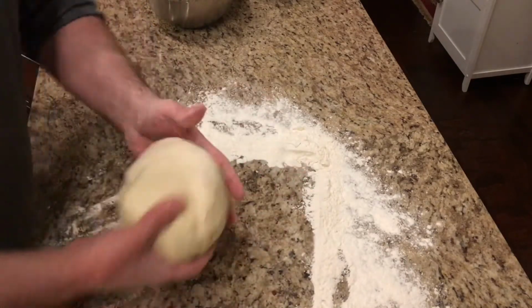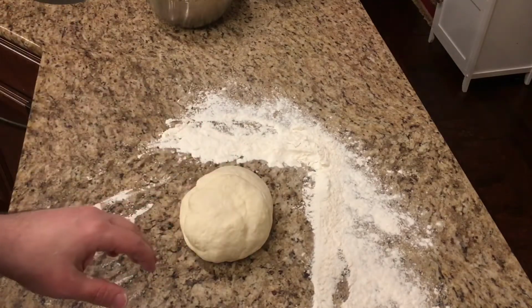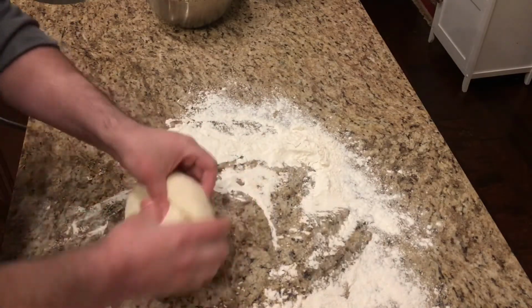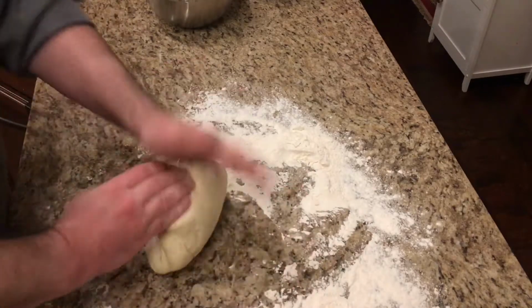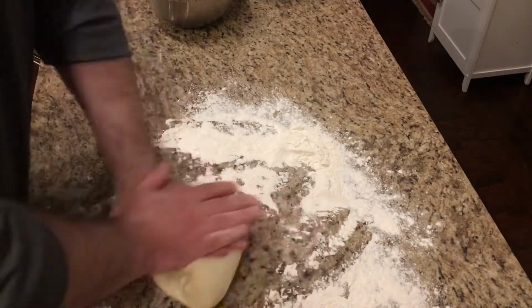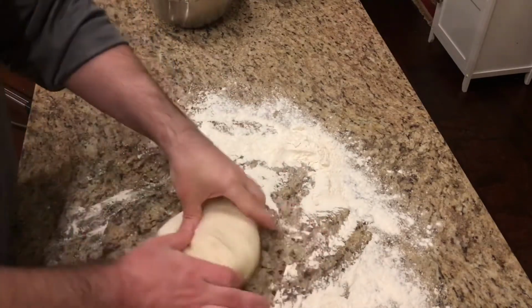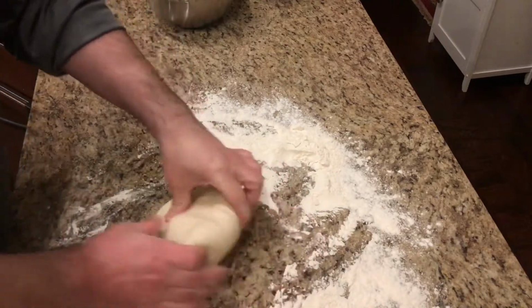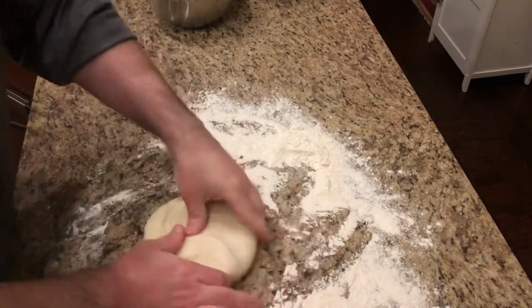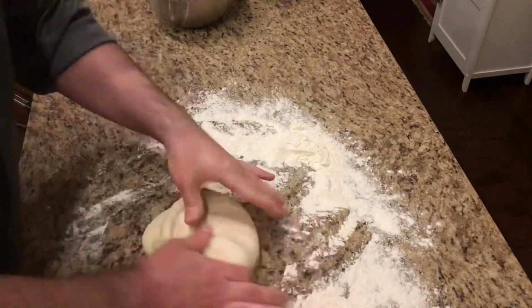So an egg yolk and pineapple wash on top of it with some powdered ginger. Should be pretty good. So I just realized I've already made a mistake. The dough felt so much less sticky than it has in the last, I don't know, dozen loaves I've done now. And I realized I was supposed to use 1.5 cups of warm water, and I only used one